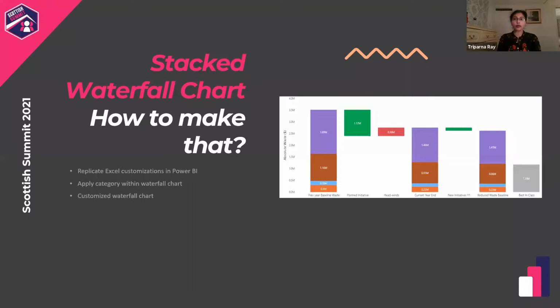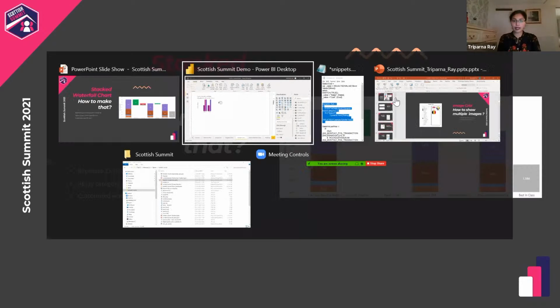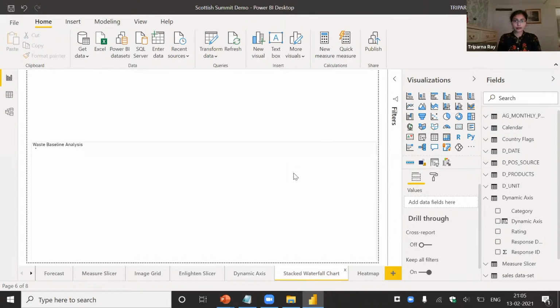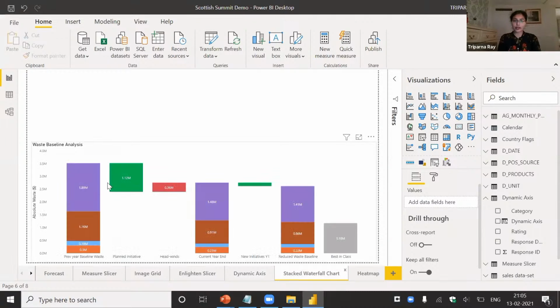implement this. So the requirement is a bit complex. So the implementation needs step-by-step consideration, but we can show how we have done it in Power BI. So for this, see the end result is how they wanted it. The bar stacked, we have the positive values and the negative values, and the coloring as it is required when one bar is in a different color. So everything optimized here. Now let's go to the